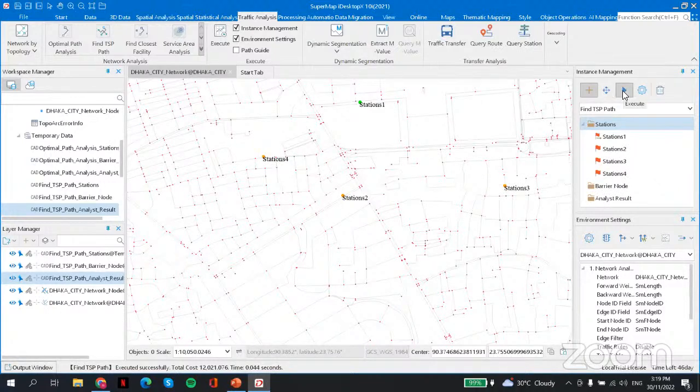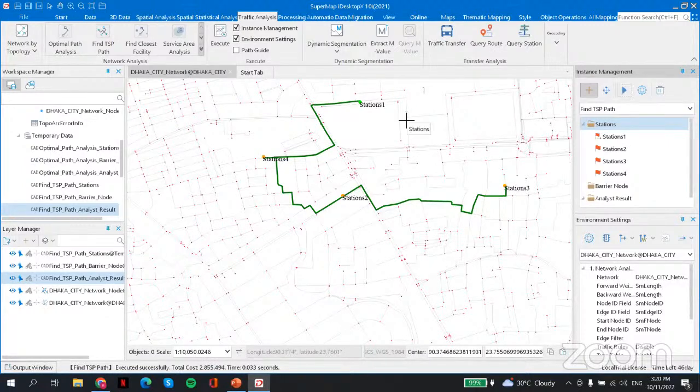And then you can also run it to find the TSP path. And as you can see, instead of following the order from station 1 to 2, 3, 4, it follows the nearest, which is from station 1 to station 4, and lastly to station 3. Okay, this is the traveling salesman problem analysis that we already did.